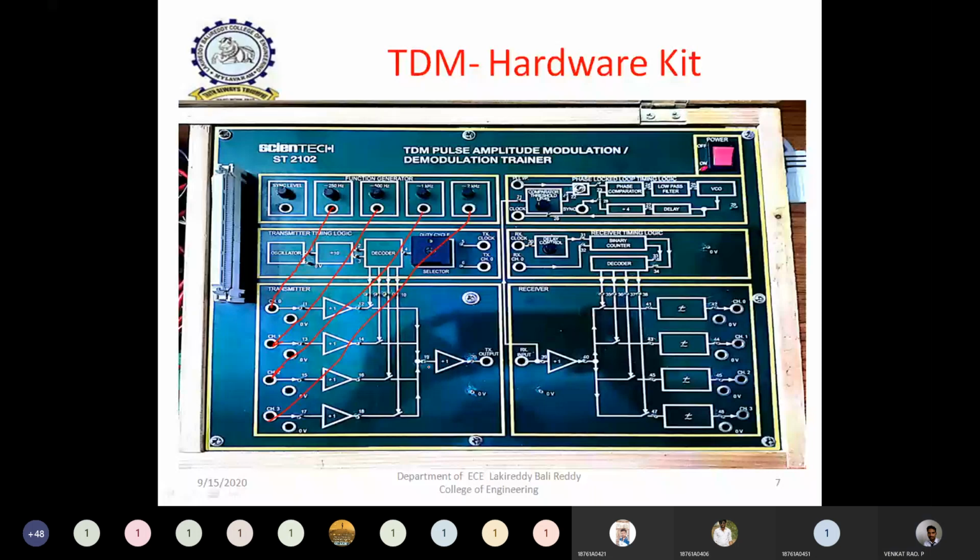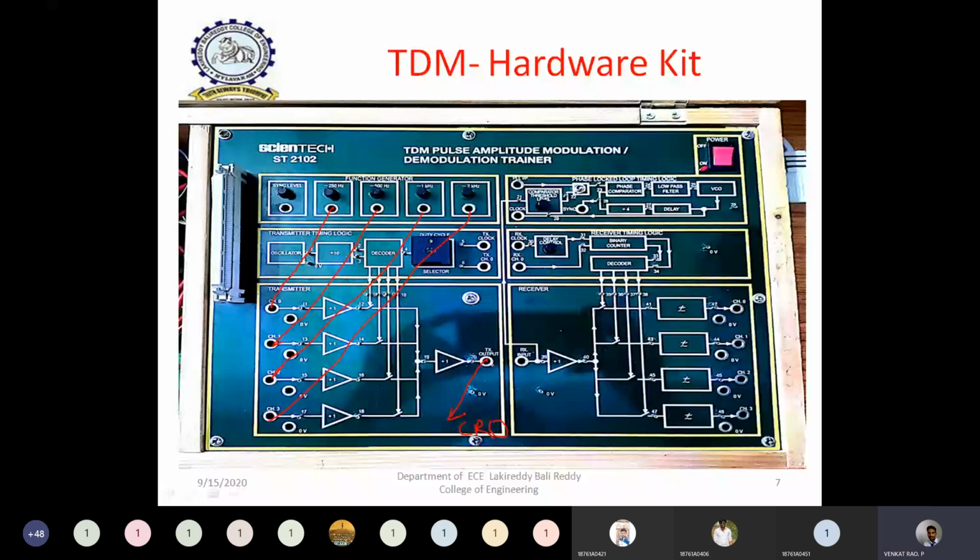each and every signal. Now, after passing this signal to this particular block, in this block the time division multiplexing is done. Then if you observe the final output in the CRO, you can observe the mixing of these four signals after the sampling process. Then the total time division multiplexing output is obtained at this particular point. We will see what the output will be later.